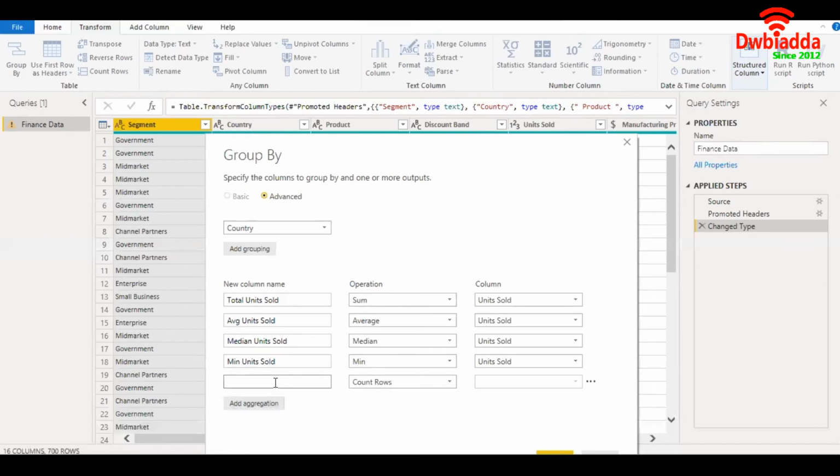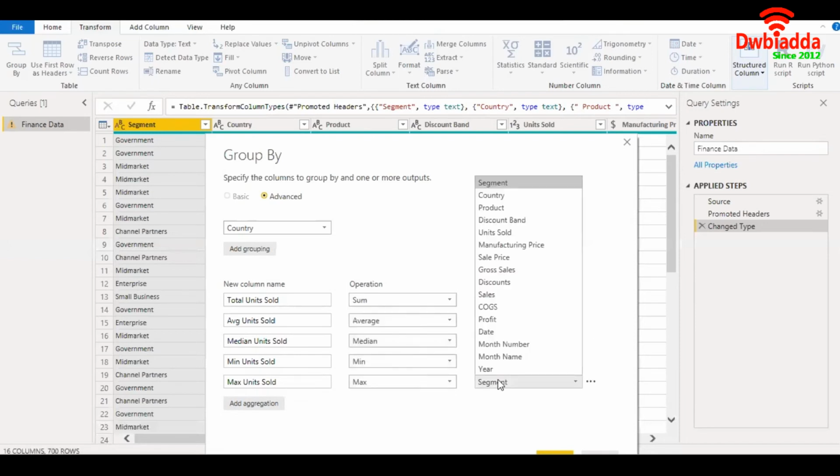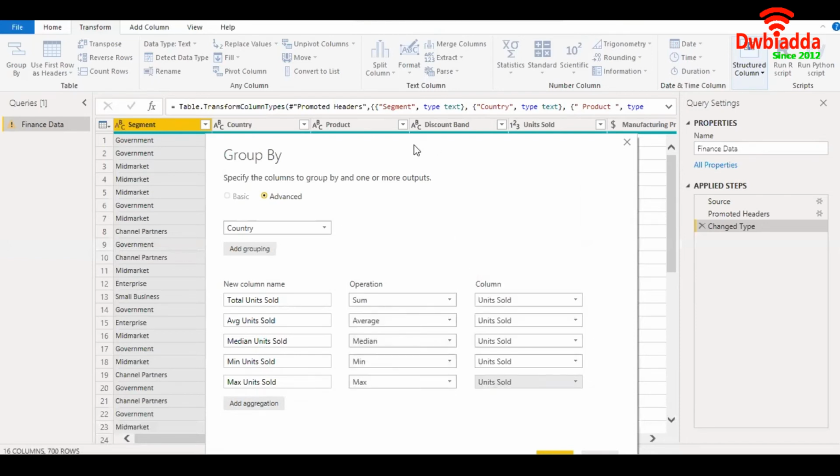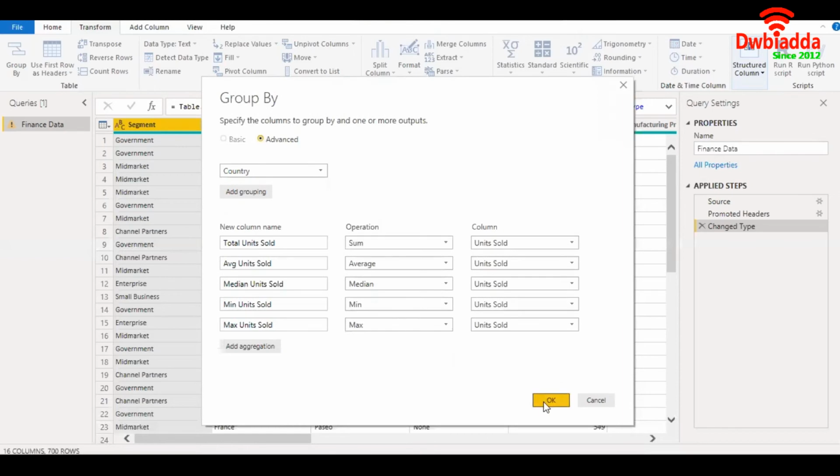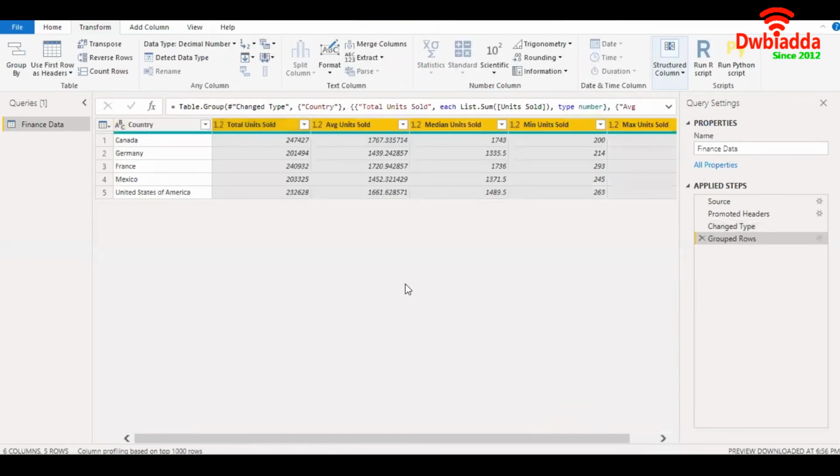And finally, maximum units sold. And simply click on OK. So what do we have? We have summarized the data. We have total, average, median, minimum, and maximum units sold at a country level.